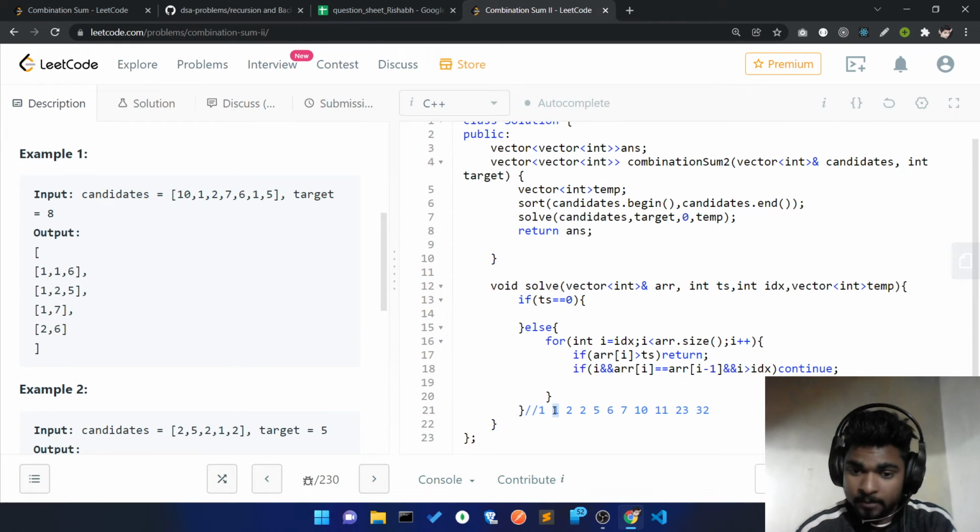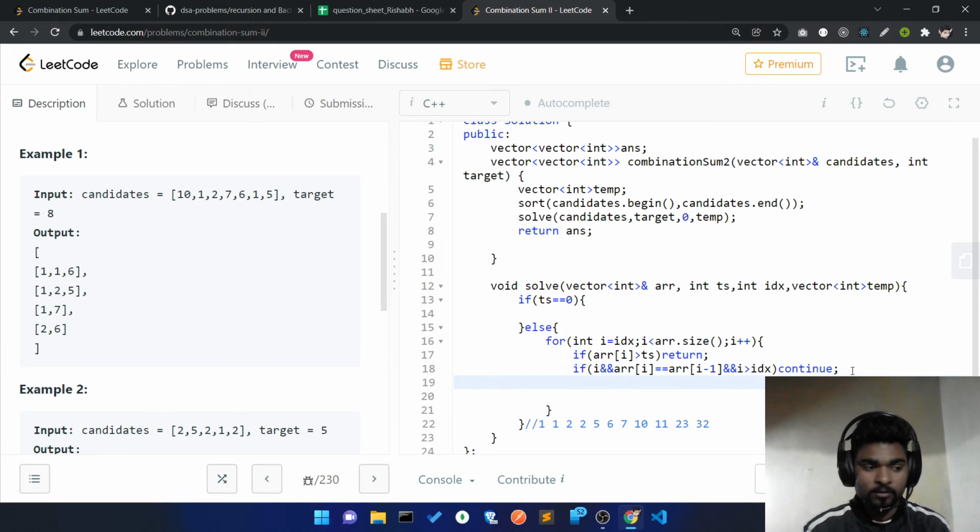I can possibly pick this 2 or the other 2. That case is also true. So it is possible I pick this 2 and find the solution, or I leave this 2 and pick the other 2. So it may make some duplication. That's why I'll add one more condition here,